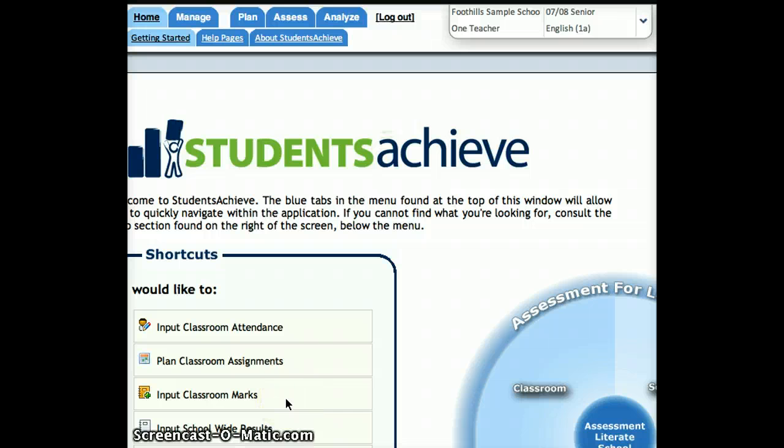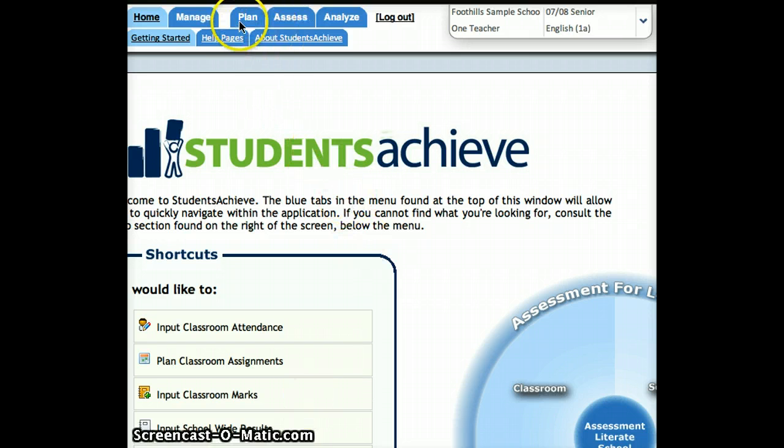A third common question I receive is how do I track how my students are doing? Is there a way that I can globally find out how my students are performing through the term? And if you look on the Students Achieve Moodle site, there is more information on this under 3-panel view. However, just as a quick way to get into it, what you can actually do is if you